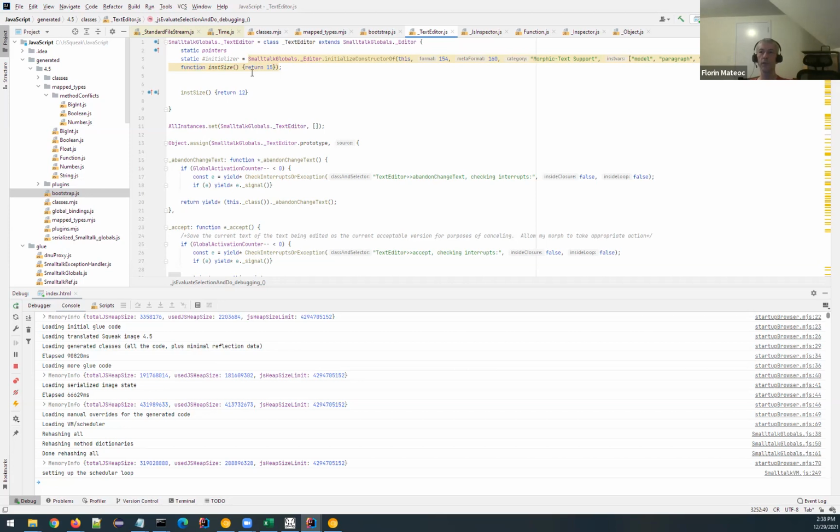So, for example, for the instance size, we know it on the Smalltalk side. So this is the instance size for the instances of this class. Here we have a static initializer that allows us to construct the reflective part and the metaclass for